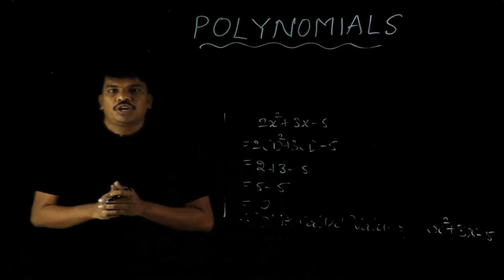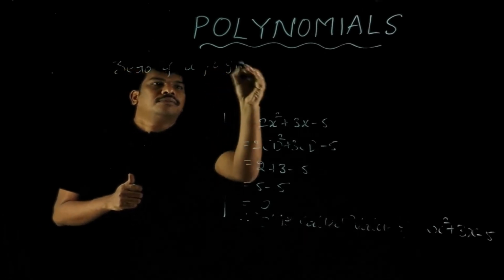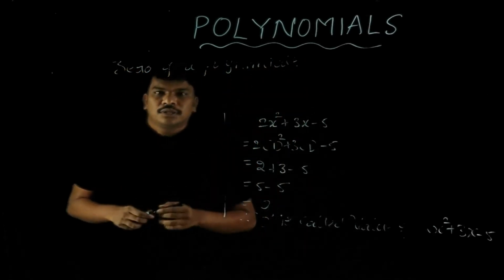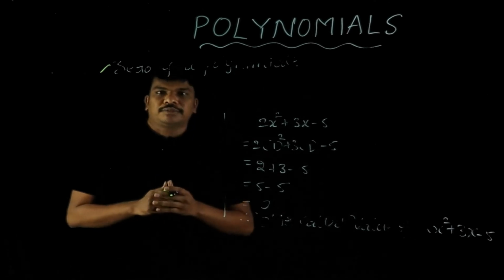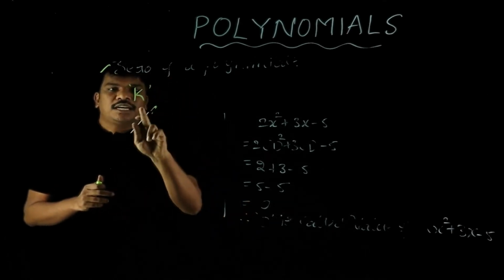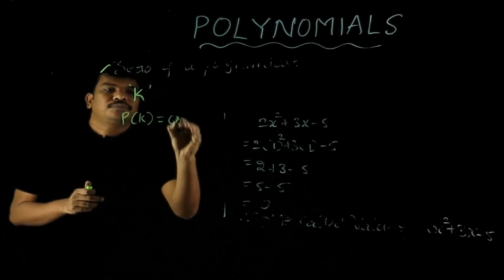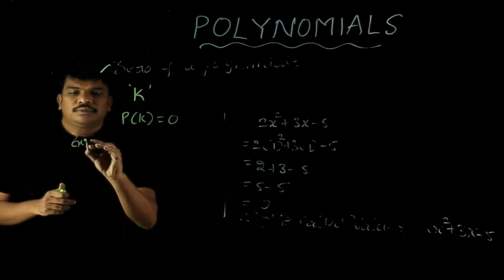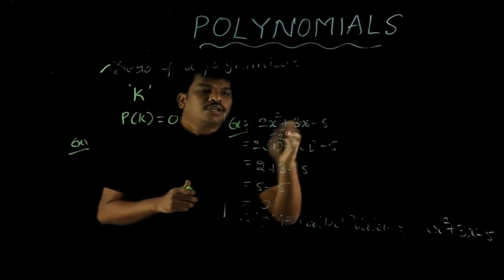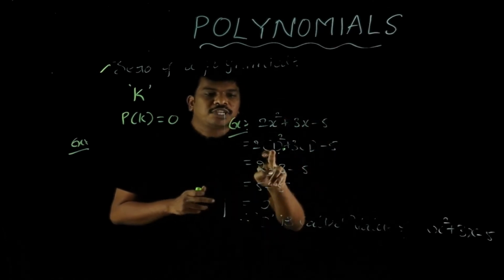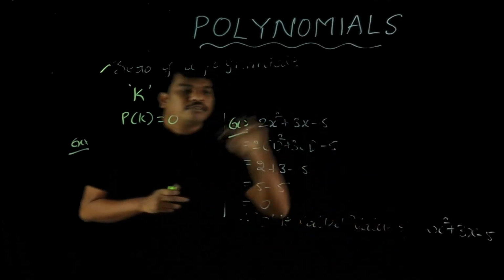Now we discuss the 0 of a polynomial. A number k is called a 0 of a polynomial if p of k is equal to 0. Example, now you can see this one, 2x square plus 3x minus 5. In that we substituted 1. The result, how much we got? 0. Here 0 is called the value of the polynomial, but the substituted number 1